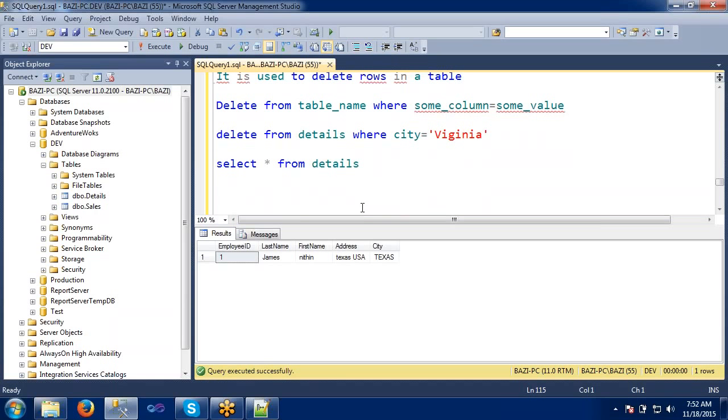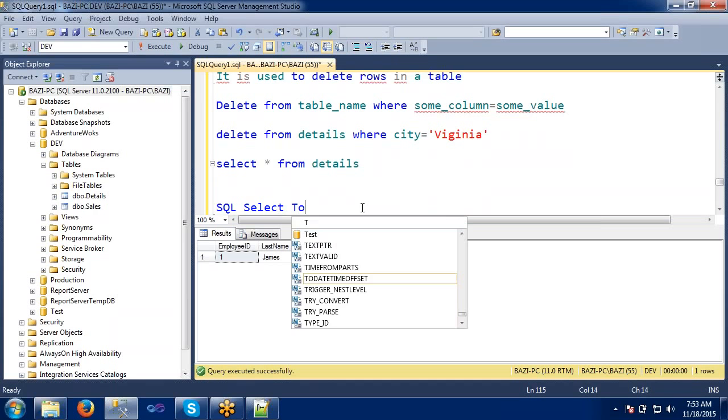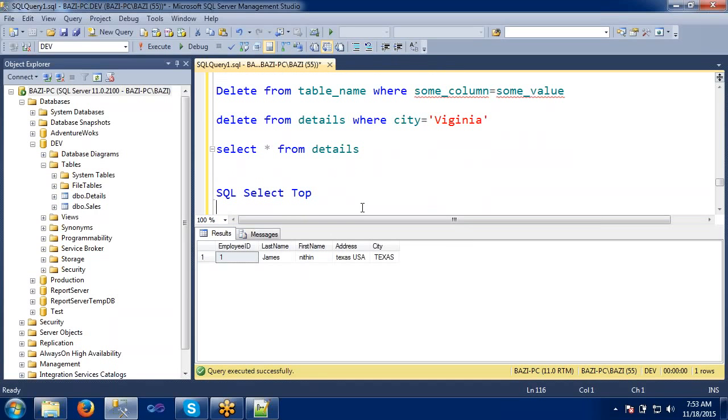And coming to the next one, which is select top. So what does select top do?